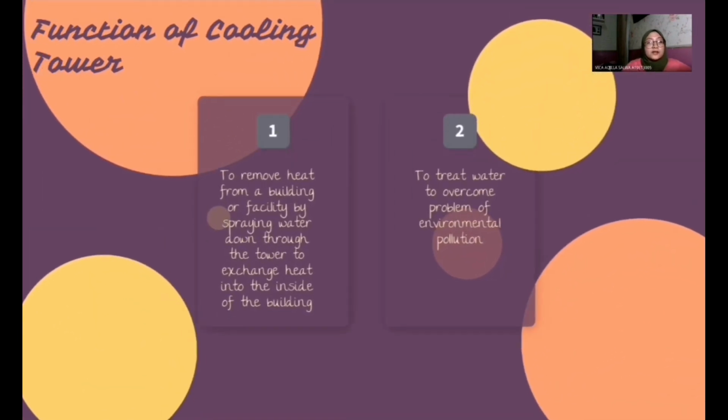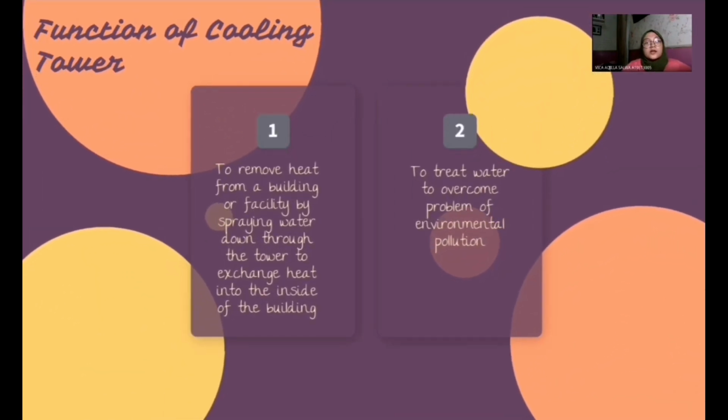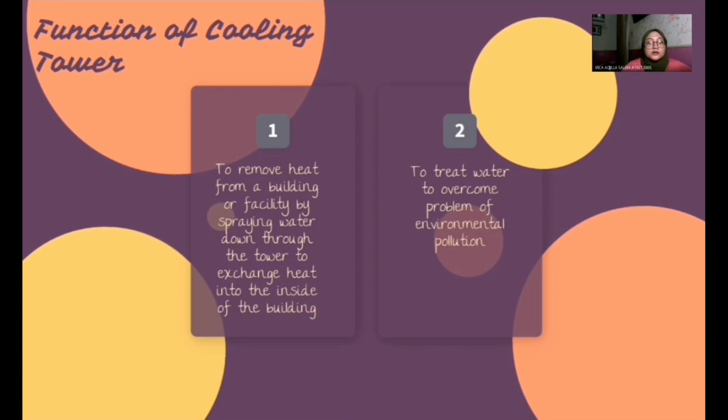What is the function of a cooling tower? A cooling tower is used to remove heat from a building or facility by spraying water down from the tower to